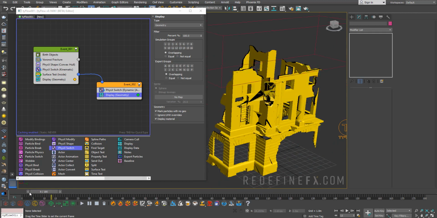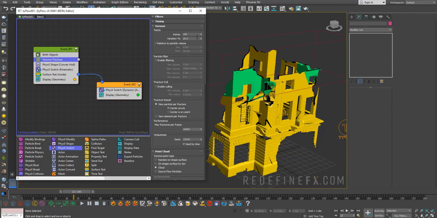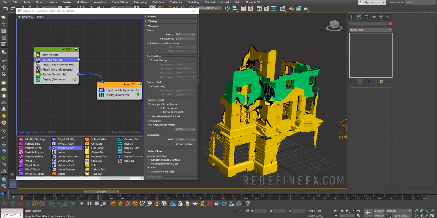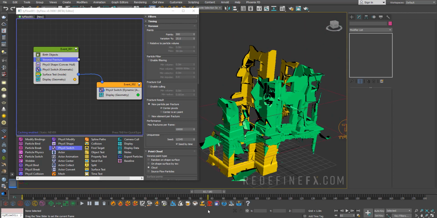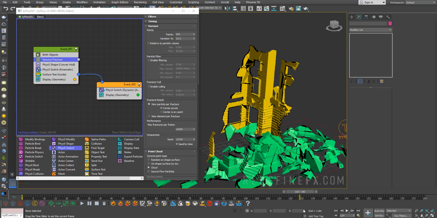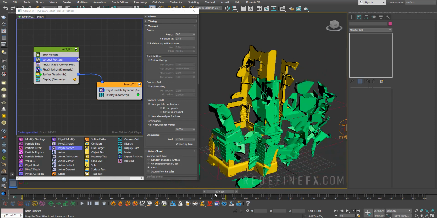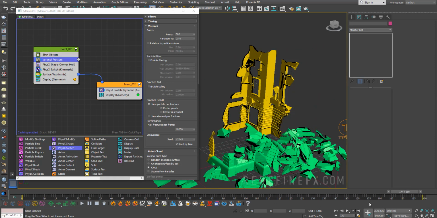So with all of this set up, I'm just gonna add more fragments. I'm gonna go back under Voronoi fracture and maybe do 500 points. So it might take a bit longer to simulate everything. But right now this is what we have. So that's exactly what I had in my example. You can see it just sort of gradually gets destroyed. So these are the pieces that we're gonna work with